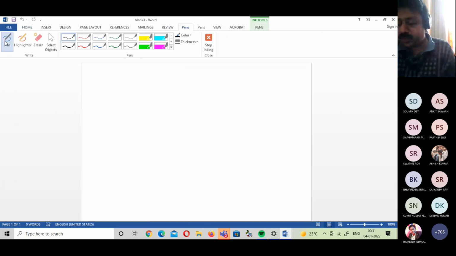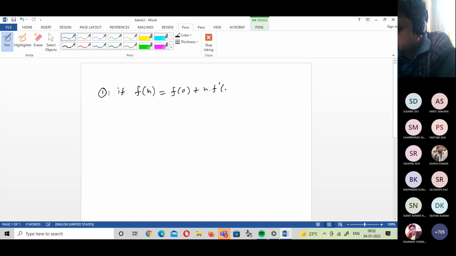Now we will discuss some problems. Suppose you just write the problem. If f of h equals f of 0 plus h into f dash 0 plus h square by factorial 2 into f double dash theta h, where 0 less than theta less than 1, then prove